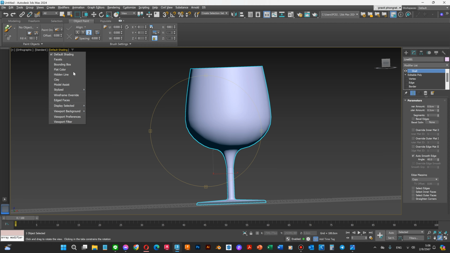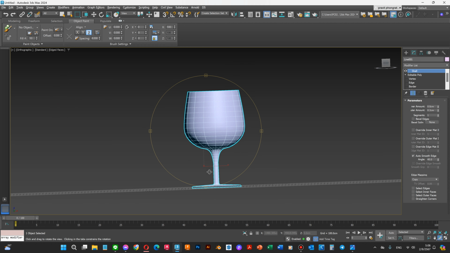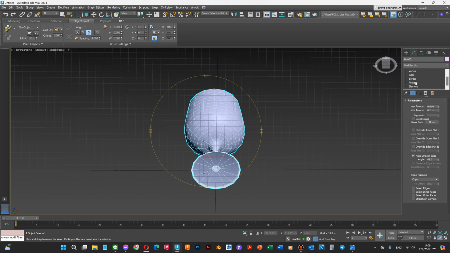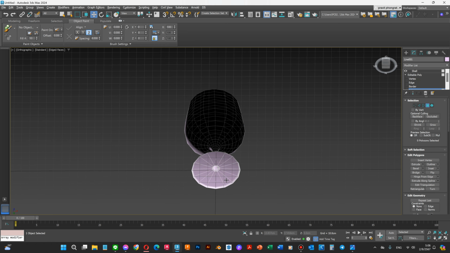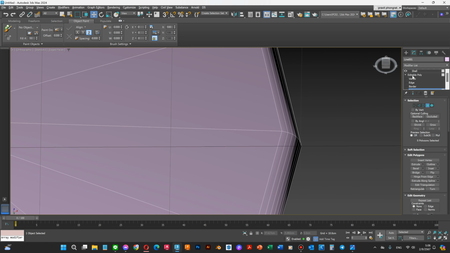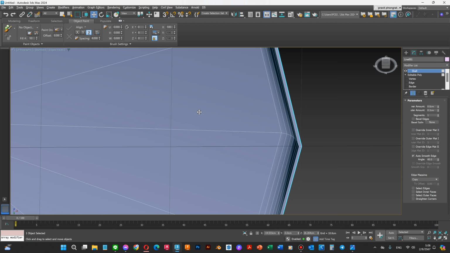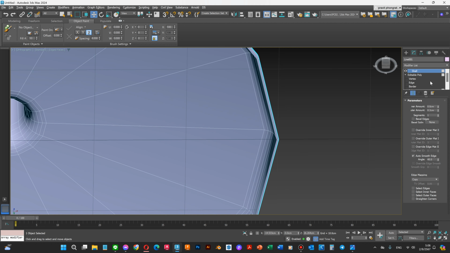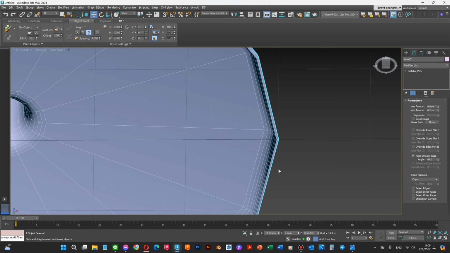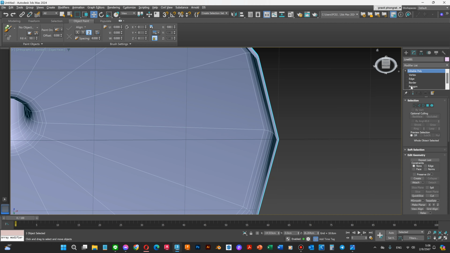We select default shading and add faces, and then before we choose the polygon, we need to convert it again to editable poly,